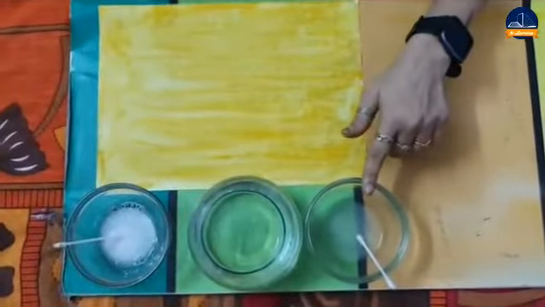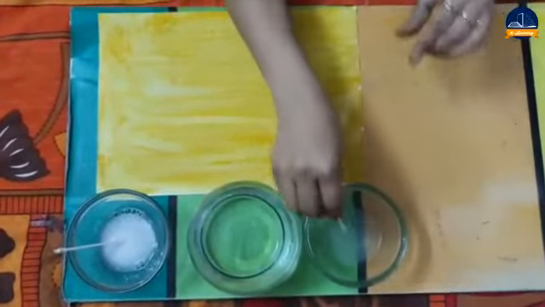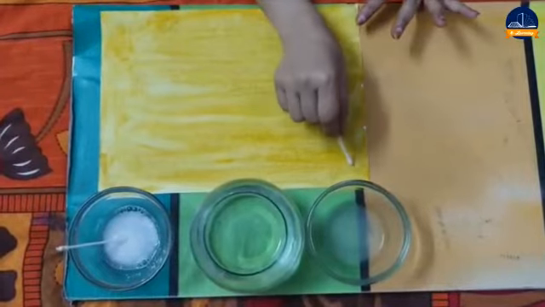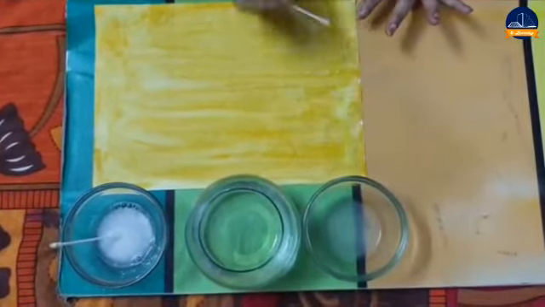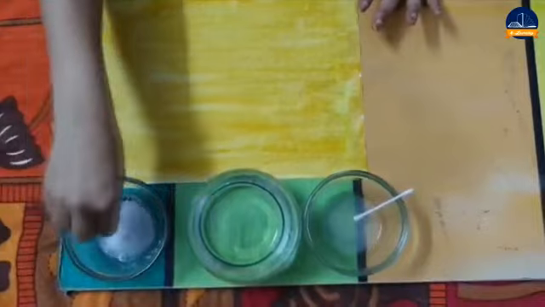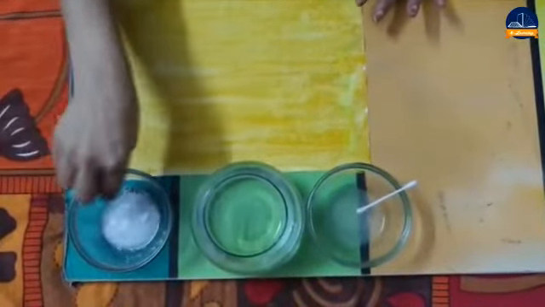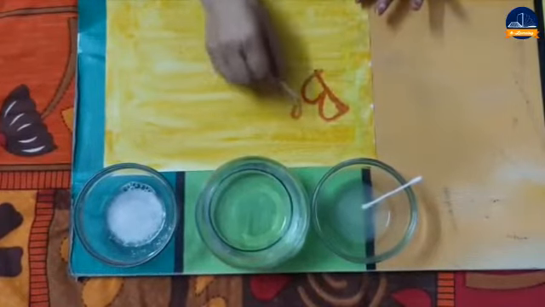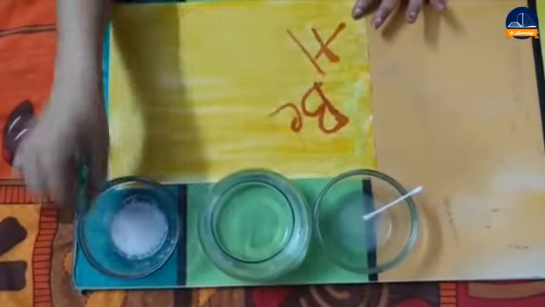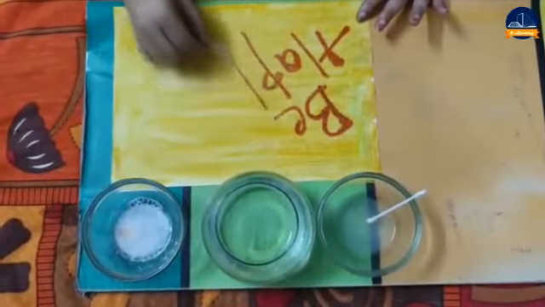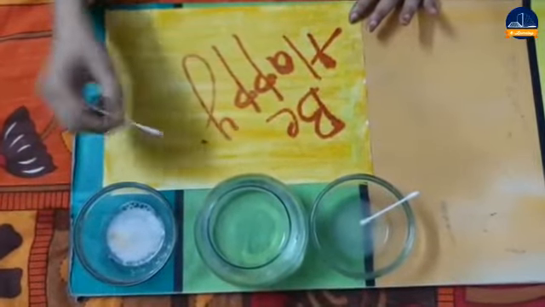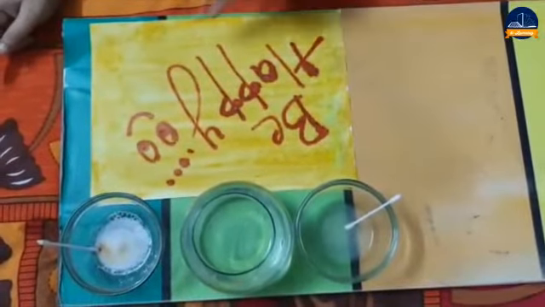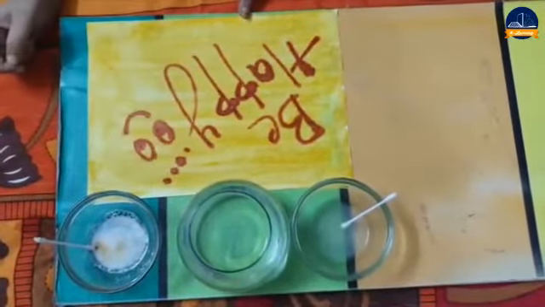Here we also have lemon juice. Firstly, with the help of an earbud, we'll see what the effect of lemon juice is on this paper. There is no effect of lemon juice on turmeric paper. Now we will use this washing powder solution. Let's see what happens. Wow, it's like magic happening. The color of turmeric paper is changing to dark red as it is coming in contact with the basic solution. So, if turmeric changes its color from yellow to red, it indicates that the solution is basic in nature.